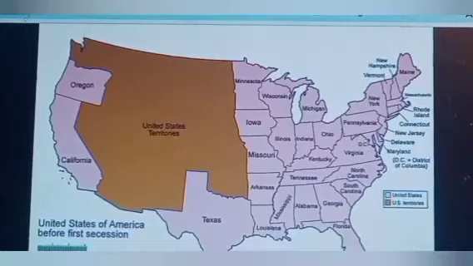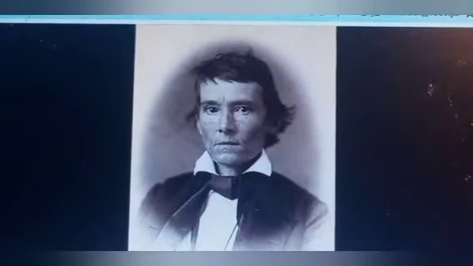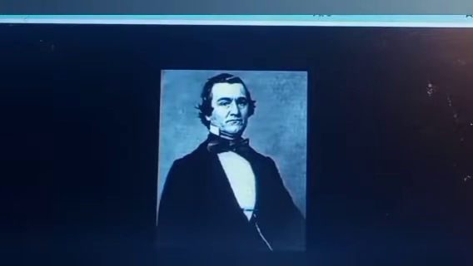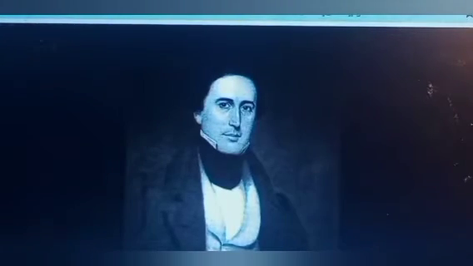Evolution of the Confederate States between December 1860 and July 1870. Alexander H. Stephens, Confederate Vice President and author of the Cornerstone Speech. William L. Yancey, Alabama Fire Eater, the orator of secession. William Henry Gist, governor of South Carolina, called the Secessionist Convention.